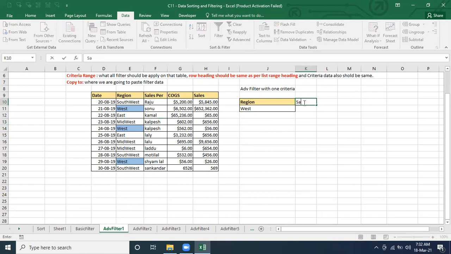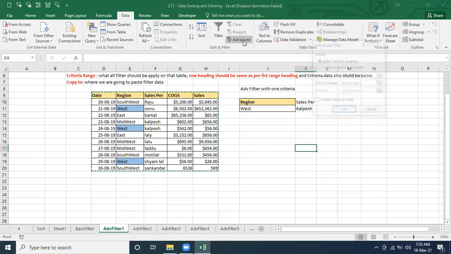Let's say I am going to add this. Make sure that this name should be the same. Don't write just name here; it's not going to identify it. It should be salesperson. It should be the same one only, then only is it going to work. So let's say Kalpesh. This is the record which I am looking for now.